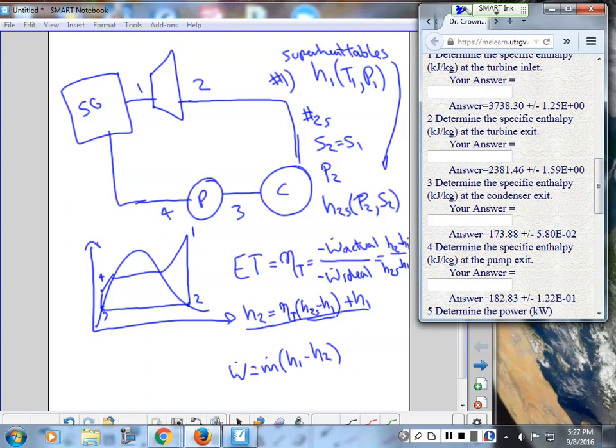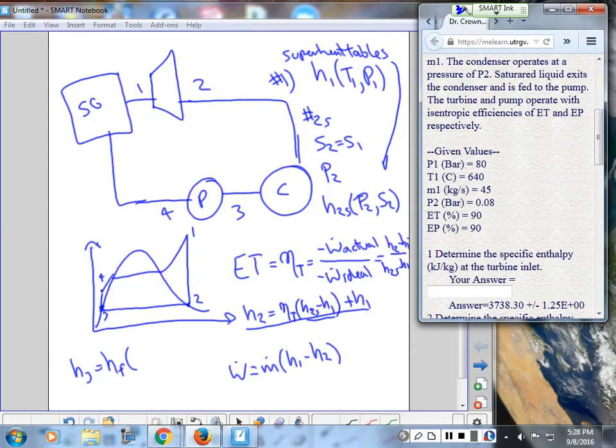That's just saturated. So H3 just equals Hf at whatever we're given, temperature or pressure. It's P2, right, at P2. And so at 0.008 bar, we go to the saturation tables and we look up Hf because it's right on the saturation curve. The next thing that's asked for